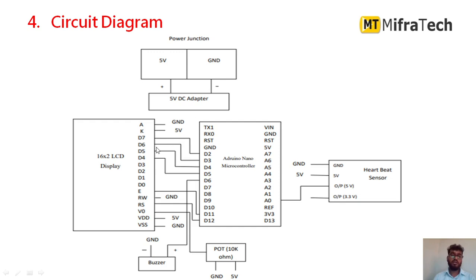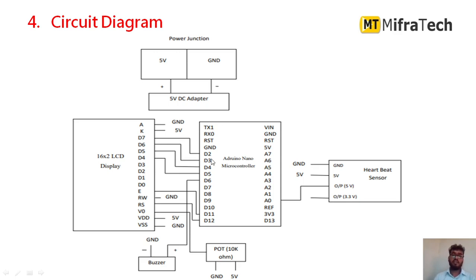Next we have 8 digital pins from D0 to D7 in order to display whatever character or message we want to display in the LCD display. Mainly, we are using only 4 digital pins in this project. So the pins D7, D6, D5, D4 have to connect to 4 digital pins of Arduino Nano microcontroller.